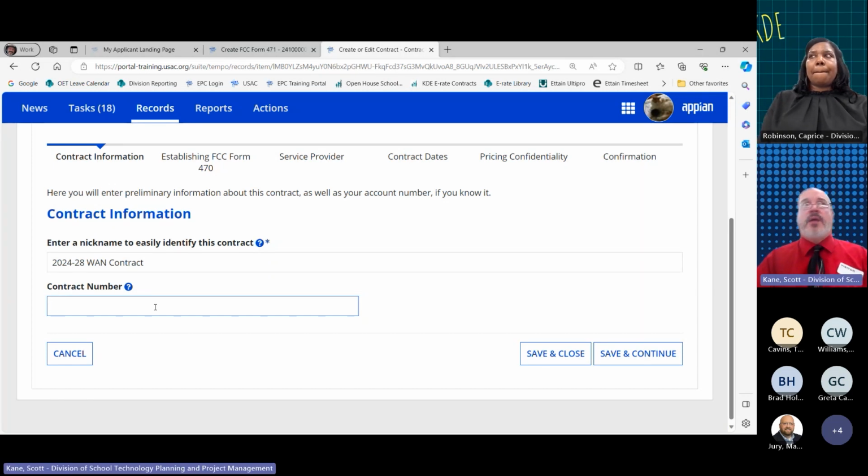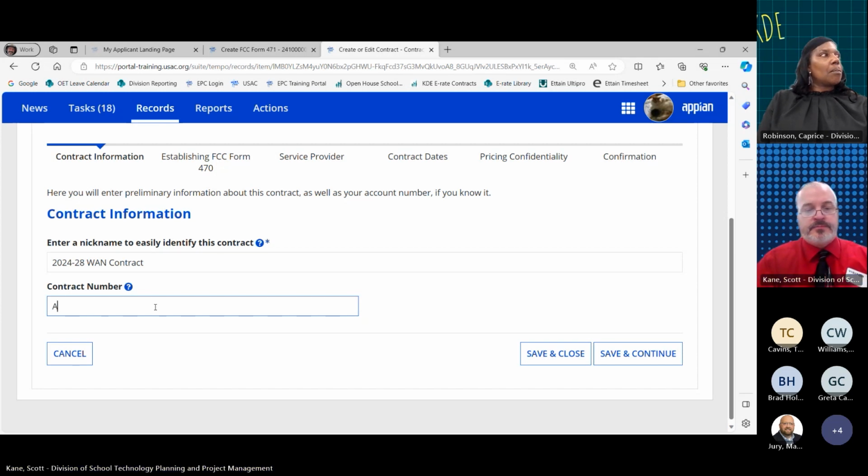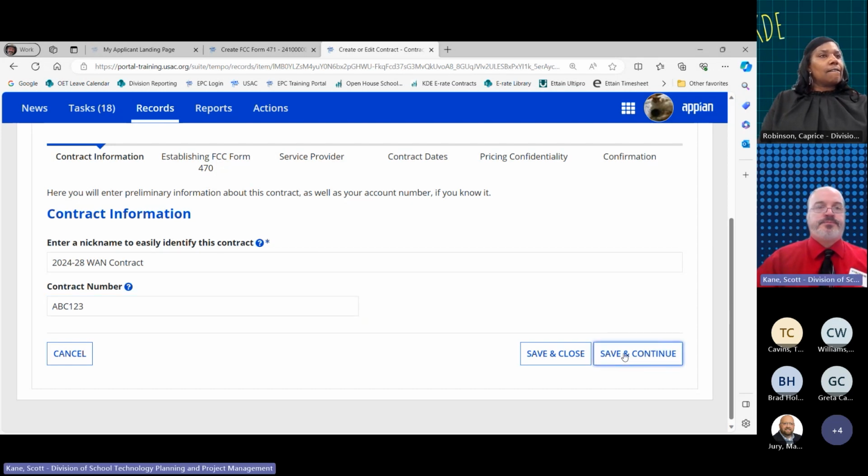Actually, it's fairly common that you'll have some sort of contract identification number that's been assigned by the service provider. So if you've got that, that's the one you want to use here. And then save and continue.